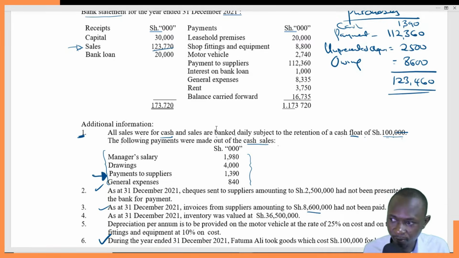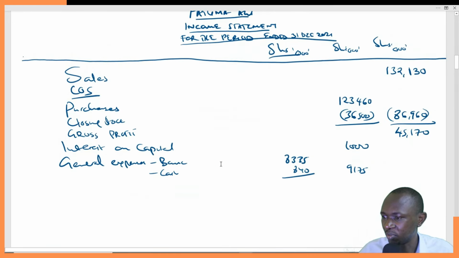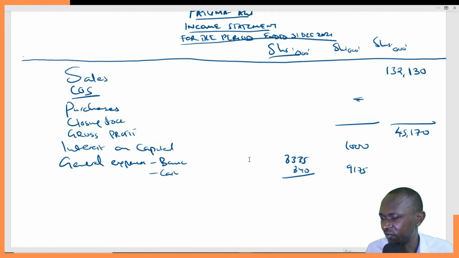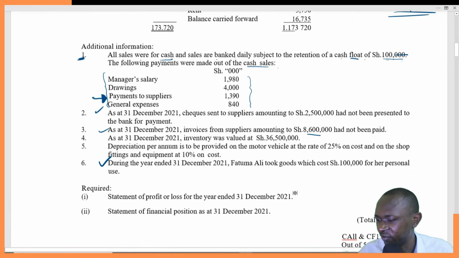So 123,460 plus 1390 gives us 124,850. Sorry for that. We're almost forgetting that. So we come here, change this, please. Now we are changing a lot of things, and this is not allowed in accounts. We are not supposed to delete. I'm taking the advantage of my board, but for you in an exam, 124,850, you need to be very